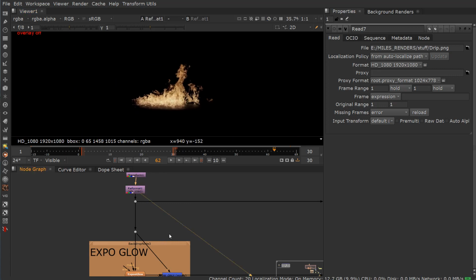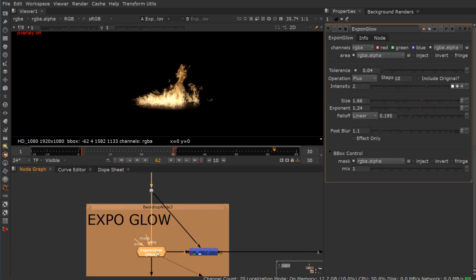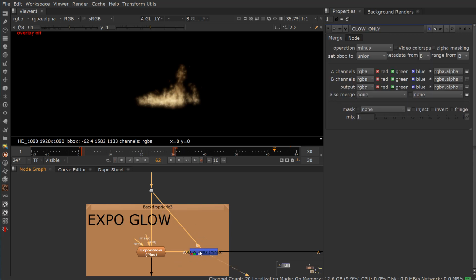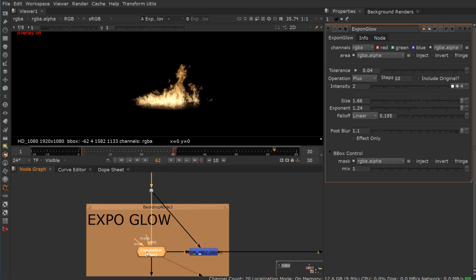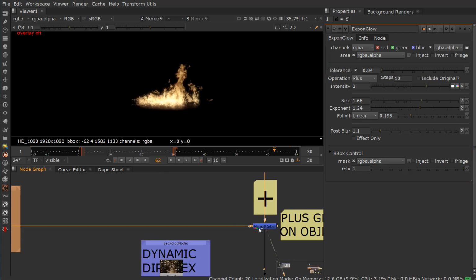to 1920 by 1080. And here, for the heck of it, I show you exponential glow with the effects only off, and then I just minus it. So you minus A minus B. And then you get the glow by itself, which is the same thing as if you were to come over here and turn on effects only. So you can see it's pretty much the same. So again, this has effects only off. I minus it out, and then I plus it on right here. This is probably a little bit hot,